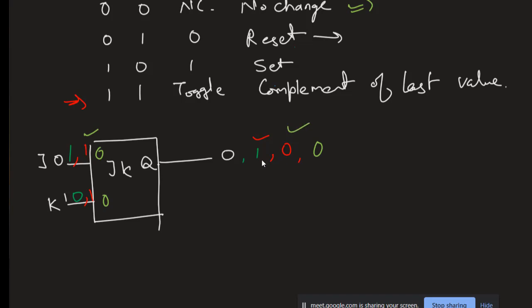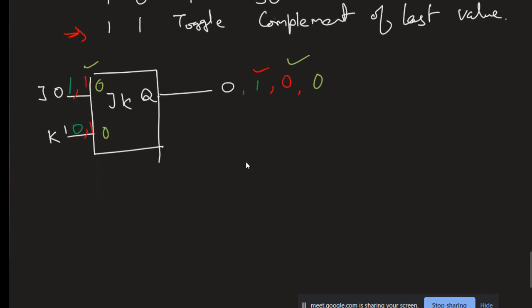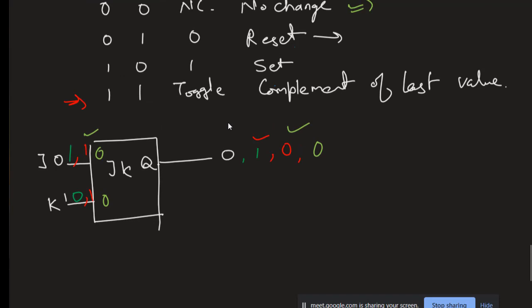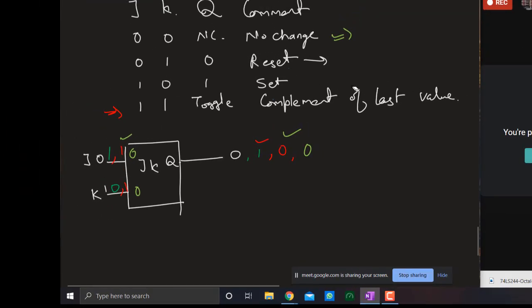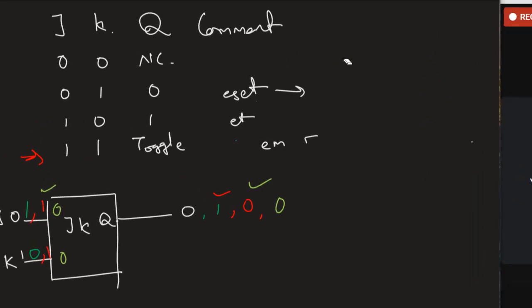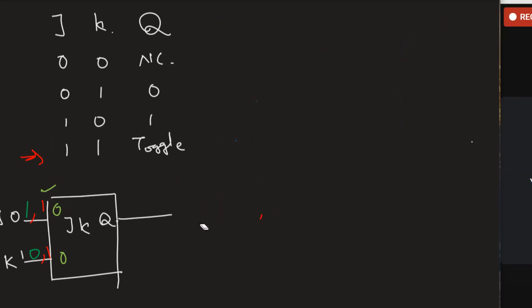So as per this combination, now what I am going to do, I'll ask you a few questions, start answering me in respect to that. Okay, I'll just rub out the comment part and I'll rub out this part. Let's have the question answer. These are your J and K and this is your Q. Now you're supposed to tell me what will be the output for the respective combination of J and K. So if I have J, K, 0 and 1, what will be the output? Make it quick, comments.